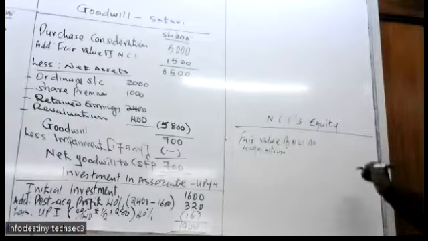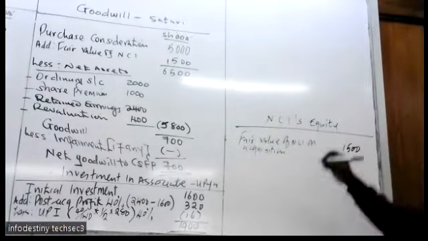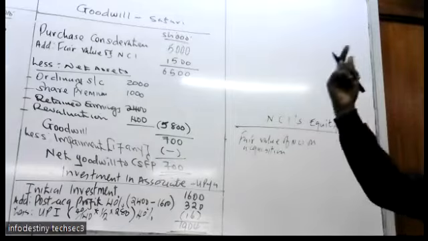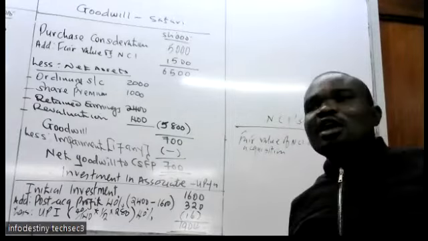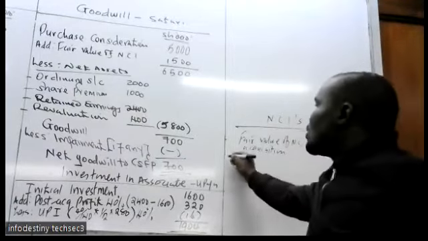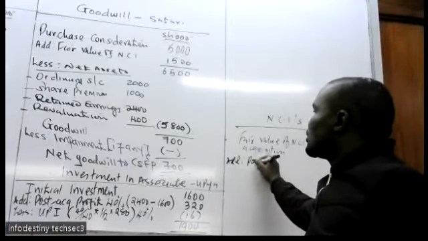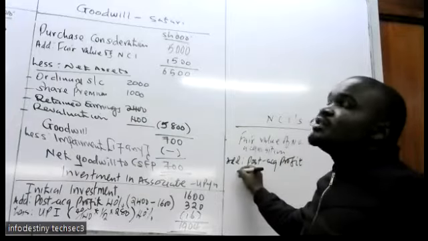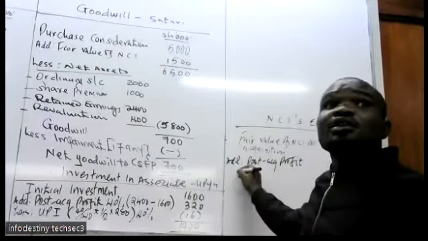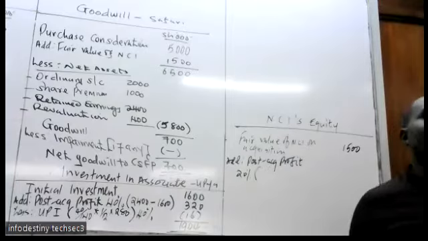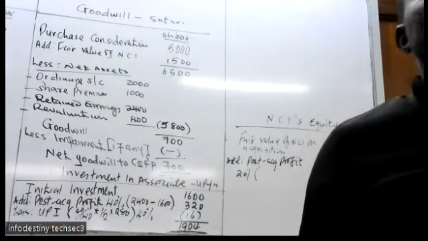Alright, so this is how much? 1,500. Then add to them post-acquisition profit. Post-acquisition is the profit the subsidiary made after it was acquired. In simple terms, look at closing minus when it was acquired. Closing is the one in the balance sheet. So add post-acquisition profit. So NCI will take what percentage? Parent was controlling 80, so minority will take 20. So how much is the closing retained earnings, revenue reserve of the subsidiary in the balance sheet?